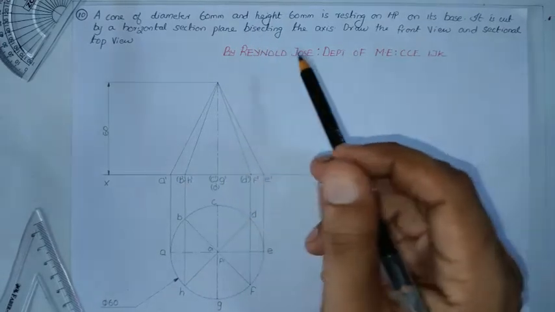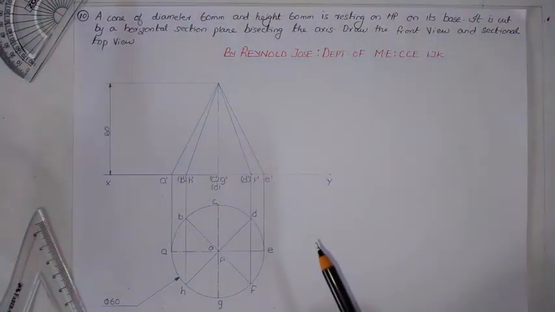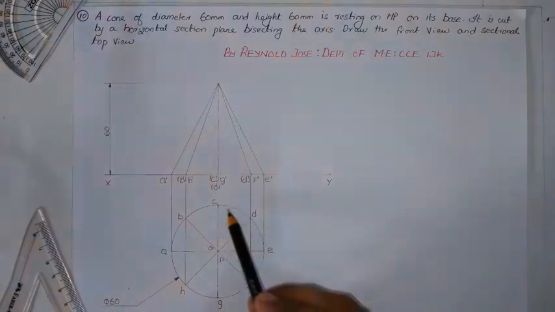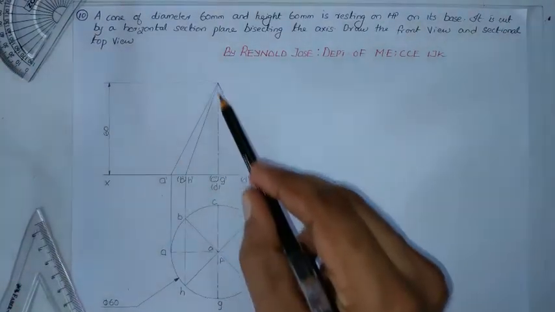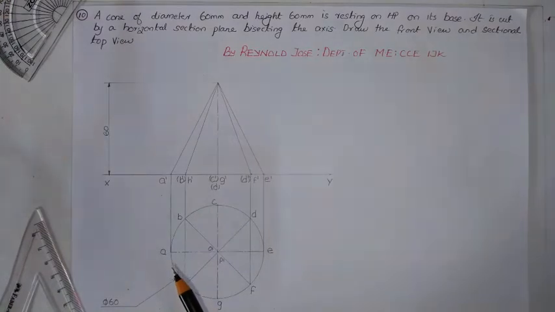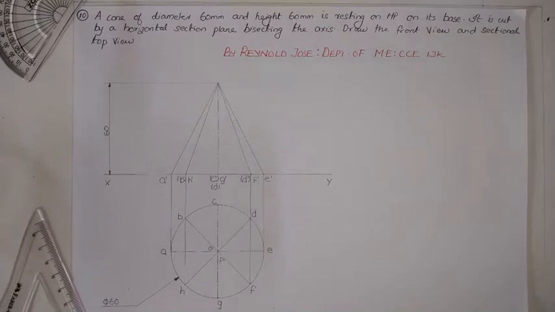So here, this is a problem that is involving sectioning process. It is about a cone. It is resting on the horizontal plane. So the symbol top view will be a circle and the symbol front view, the outline of the front view will be a triangle. So here, as it is a problem involving sectioning, I have drawn the symbol front view and symbol top view using type B lines, that is continuous thick lines.